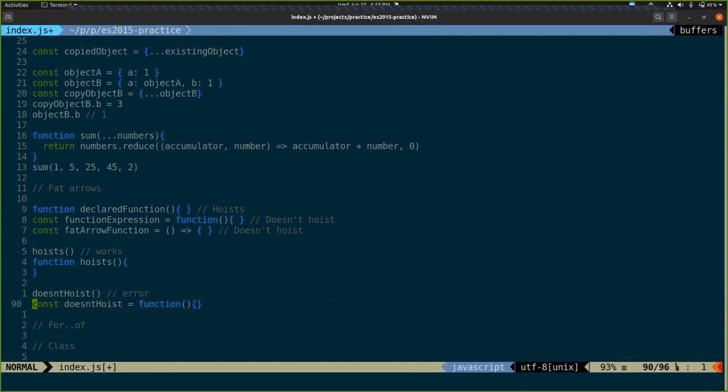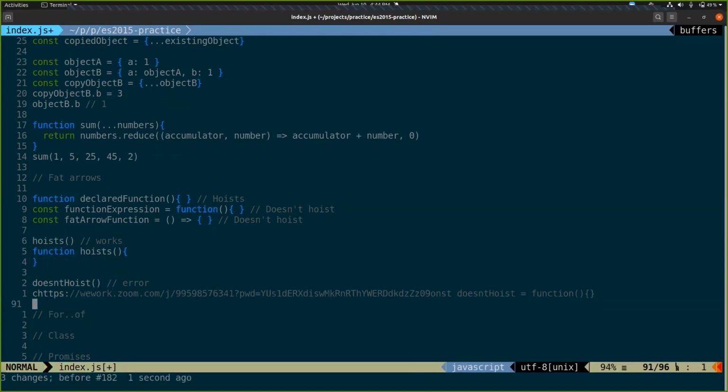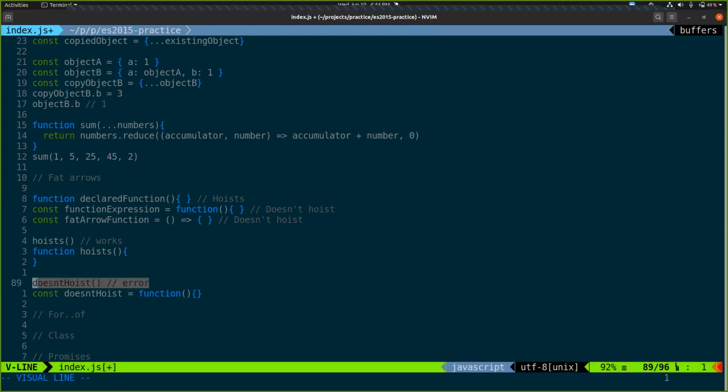A function expression doesn't hoist, so it throws an error if we try to use it before we've declared it. And it kind of makes sense.